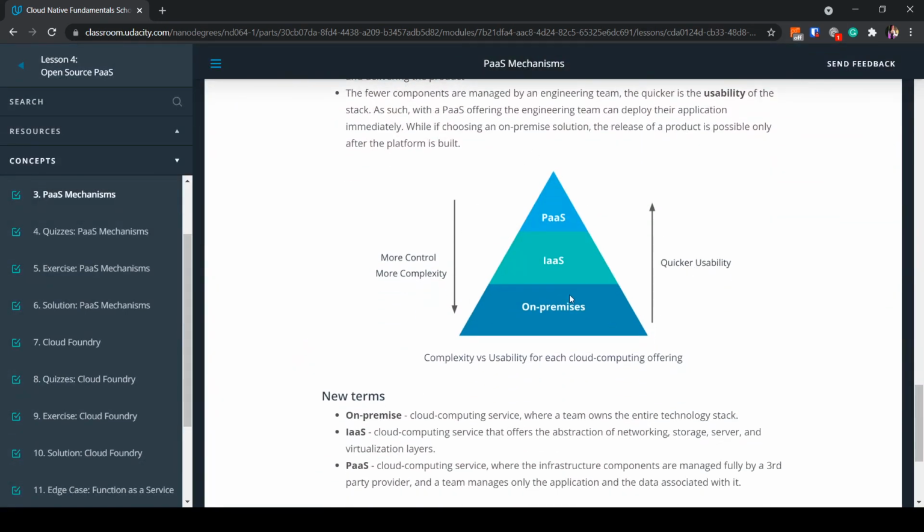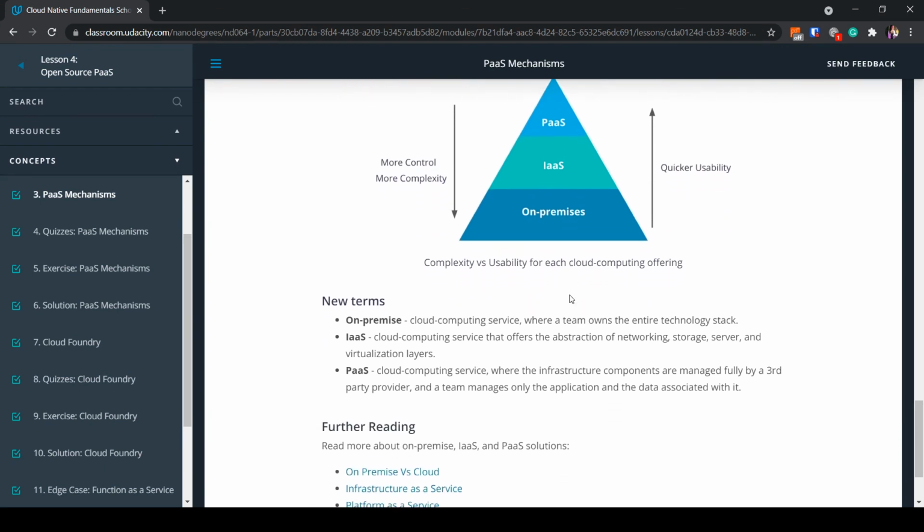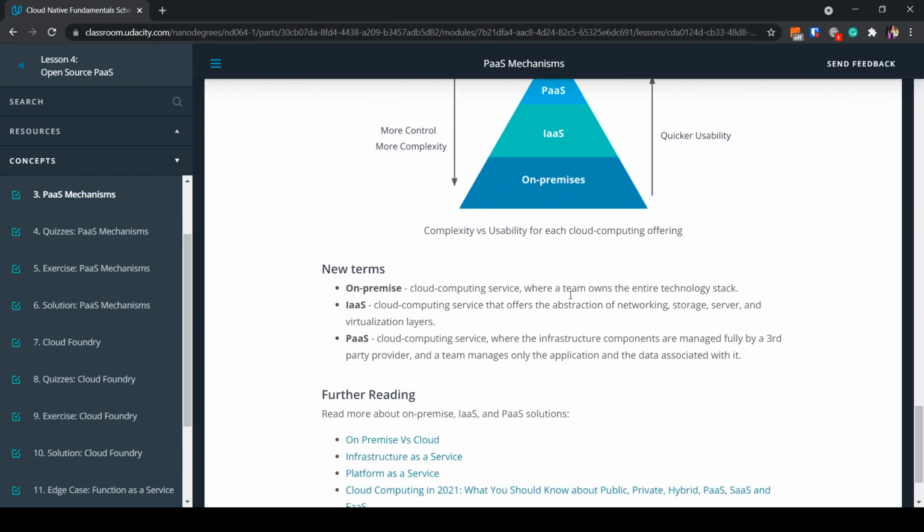You get locked into that, and both IaaS and PaaS depend on it. You might be worried about the security of the data that you're holding, because in the end the hardware is not with you. It's rather in the hands of some other company or your vendor. So there are some disadvantages as we move from on-premises to PaaS: you lose granular control, but you gain in reduced complexity and increased scalability.